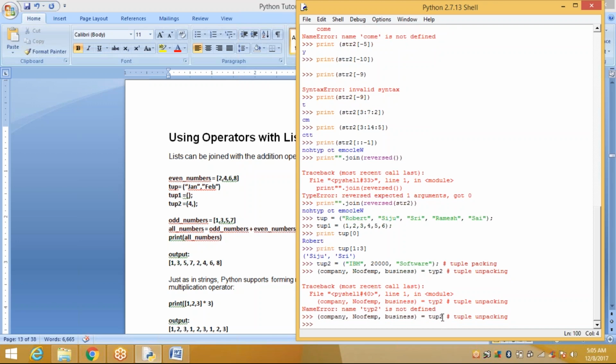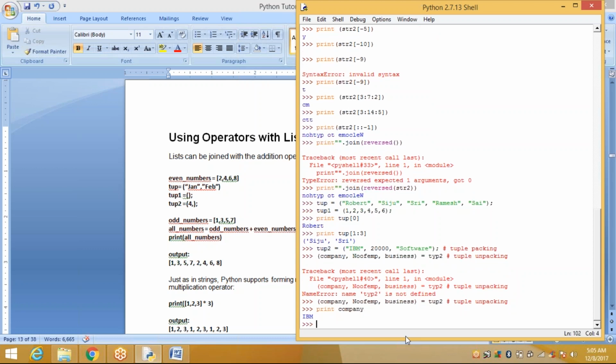Okay. This is tuple2. That is the problem. Tuple2. Okay. Now I want to print company. Print, what does it display? IBM.